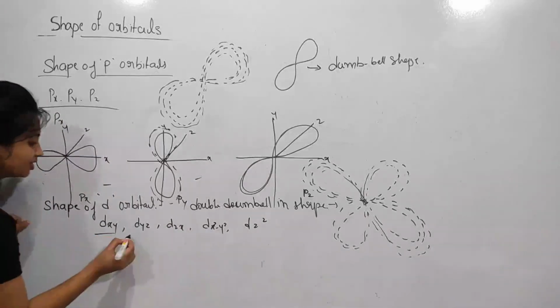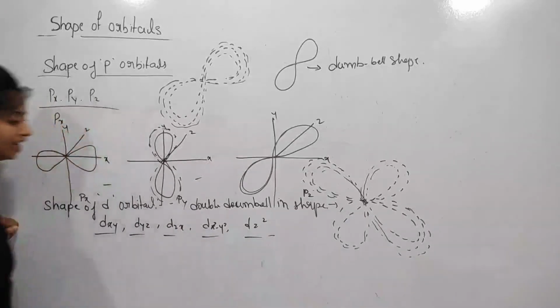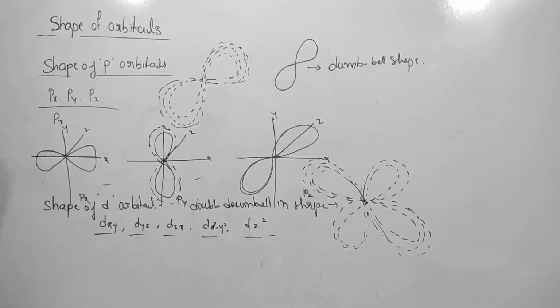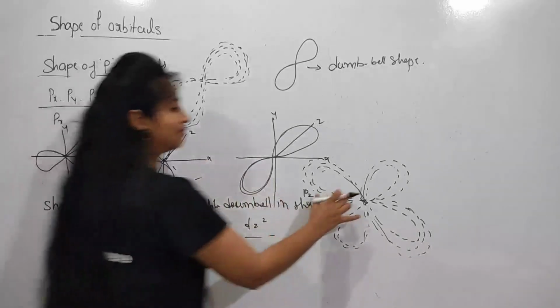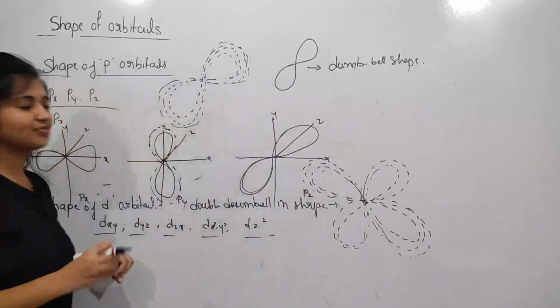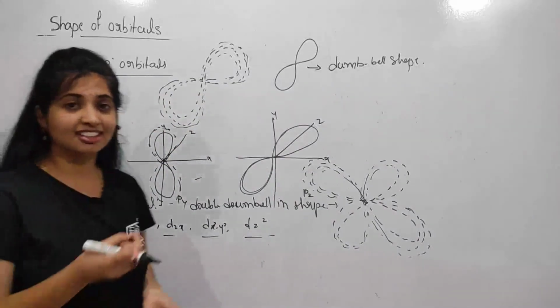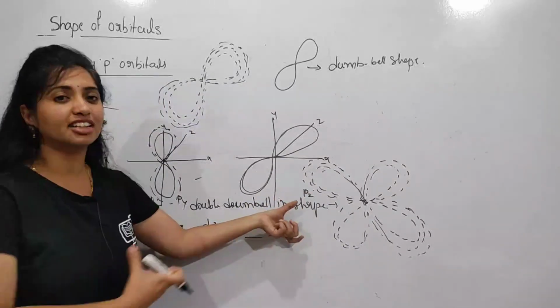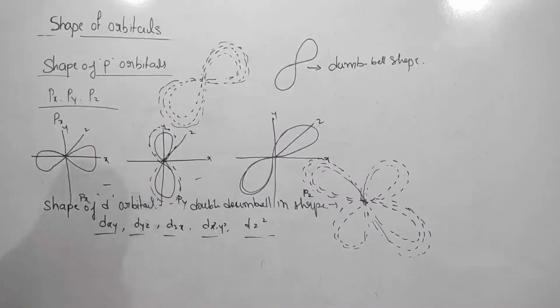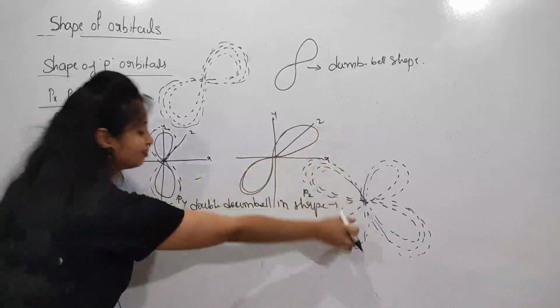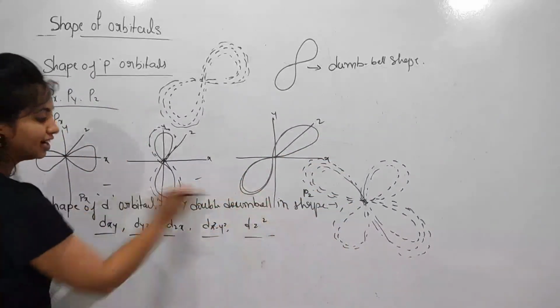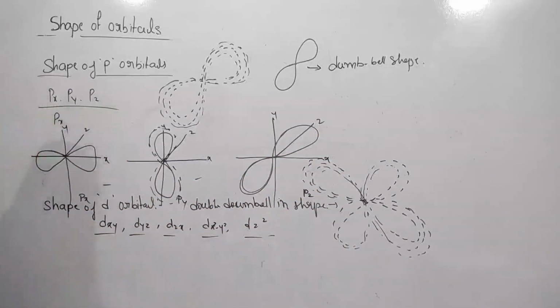So we are having 5 types of orientation orbitals here. They are all double dumbbell in shape. It is very tough to visualize in a 3-dimensional manner. I just wish to show in a 2-dimensional manner this double dumbbell shape of these 5 types of orbitals. So see here,